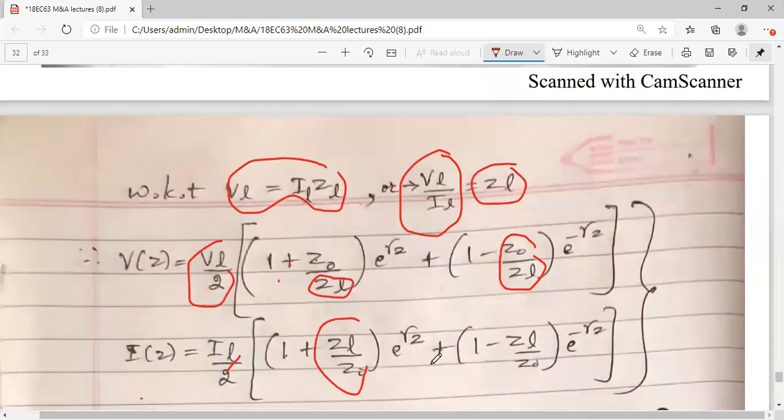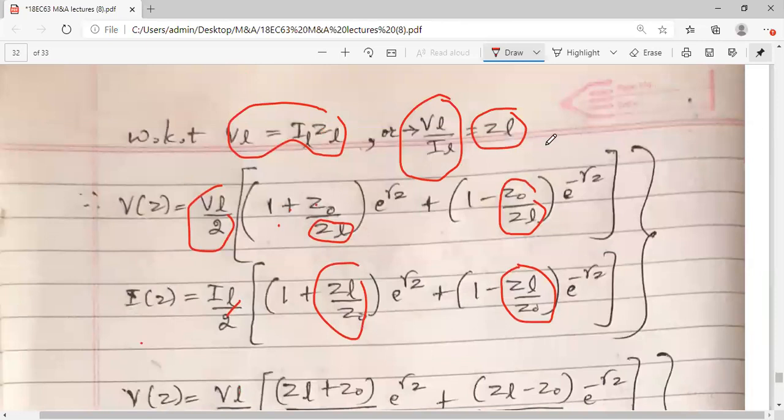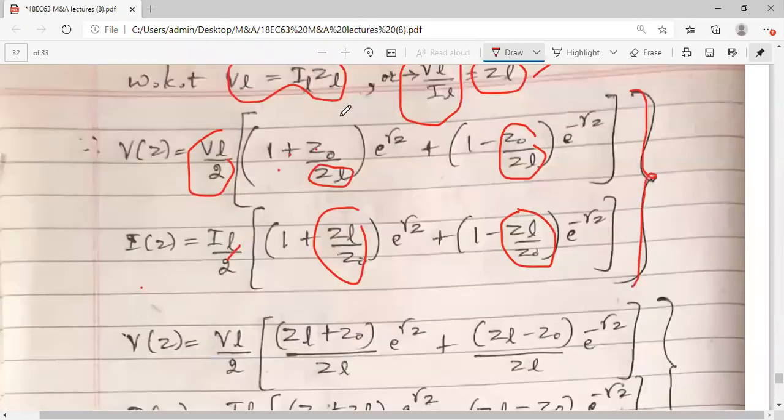So ZL by Z naught, and here also ZL by Z naught. So taking just this V by I is equal to ZL in the next step. So a pair of equations, I am solving this for both together. Then further, I will take the LCM of this bracket terms. If I take LCM,